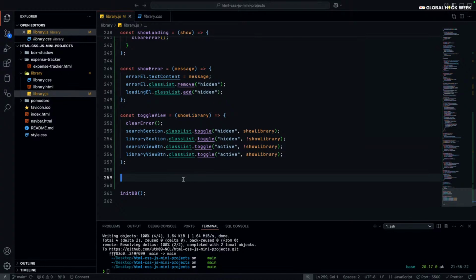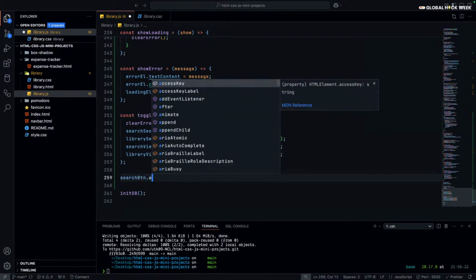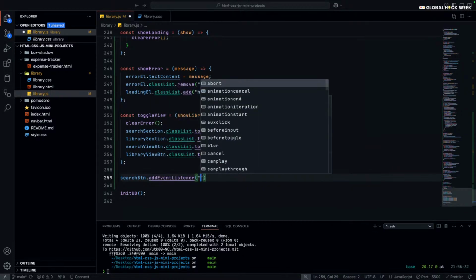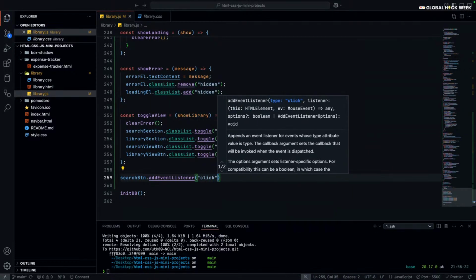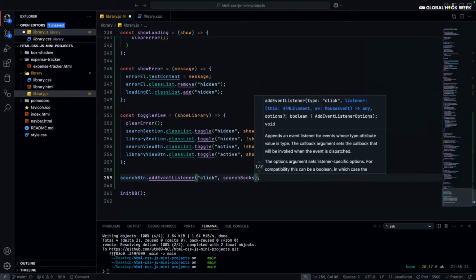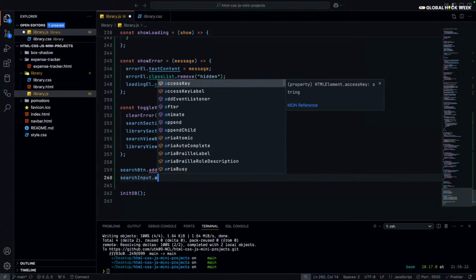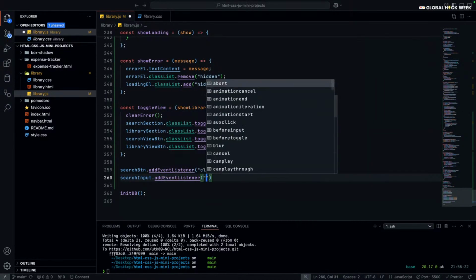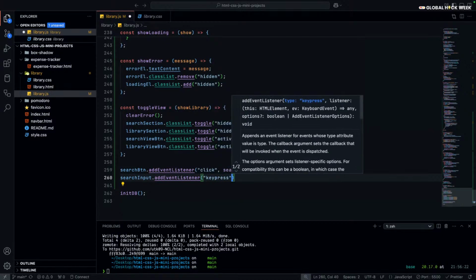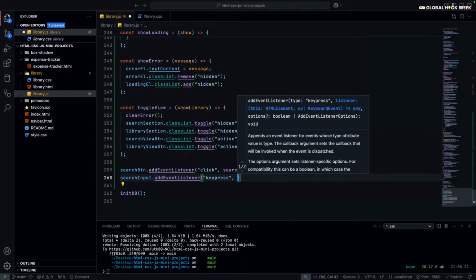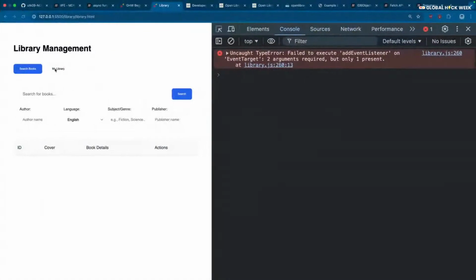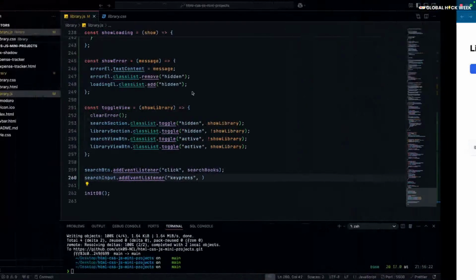There are four more things to write, four event listeners that we want to add. The first one is the search button. We want to add an event listener, a click event, so that when someone clicks on the search button, it should run the function search books. And in the search input, I want to add a key press event listener, so that if you type a book name and hit enter, in that case it should